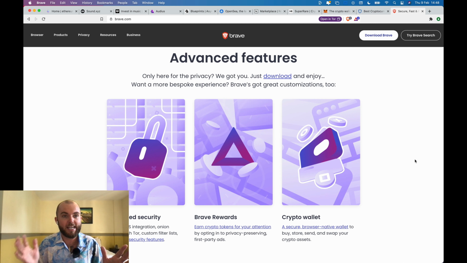If you don't want to spend anything, you don't want to mess around with anything at all, this is your first step into crypto. You download a free browser, you use the internet as normal, except it's more secure and it's faster, and you'll get paid in crypto for you to go and mess around with, all for absolutely nothing, just your attention and a little bit of your time. The final point why this is very good is it is crypto native, and it integrates your Web3 wallets all around, something that I personally recommend.